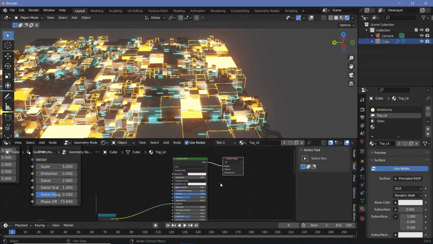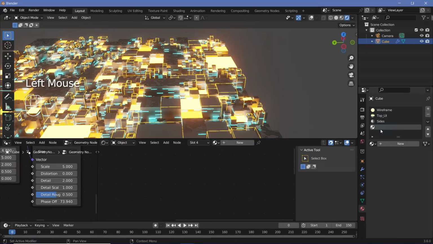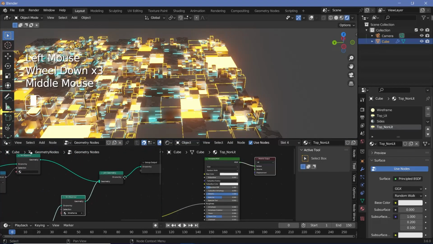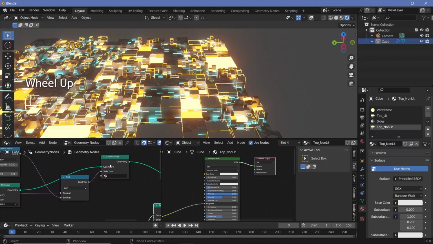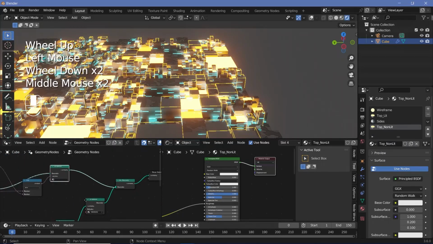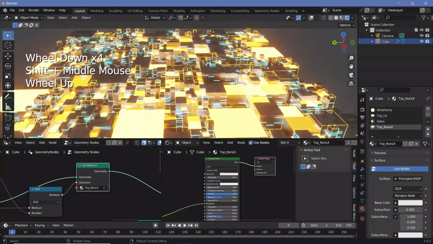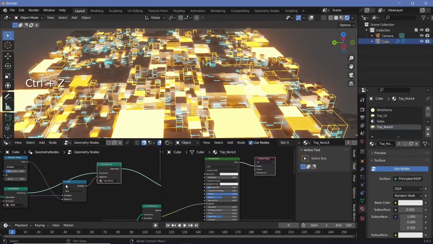So now that we created the top lit material, we can select this material slot, go ahead and choose top lit, and then press this button to create its own user, and now change this from top lit 001 to top non-lit. And once you've done that, you can go to your geometry node tree, and for the material socket that you had kept unselected over here just before the join geometry, you can go ahead and choose top non-lit, and that way a few faces will not be lit up,